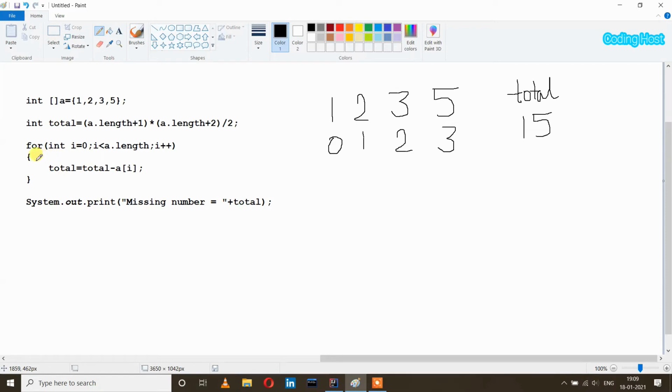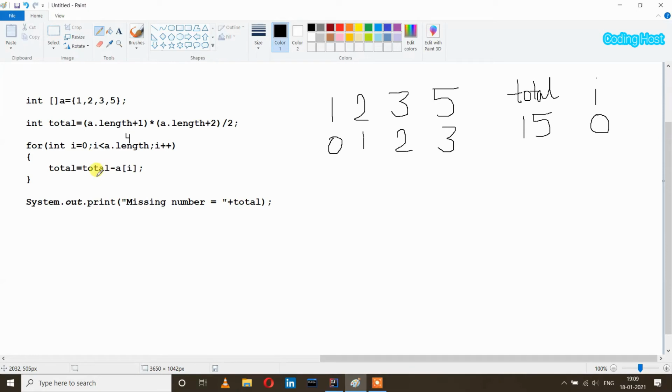After that I have taken a for loop, for int i equal to 0. So the initial value of i is 0. After that, i less than a.length. The length of this array is 4, so i is 0 and it is less than 4. Yes, true, and we get inside our loop, and here we have total equal to total minus a of i.